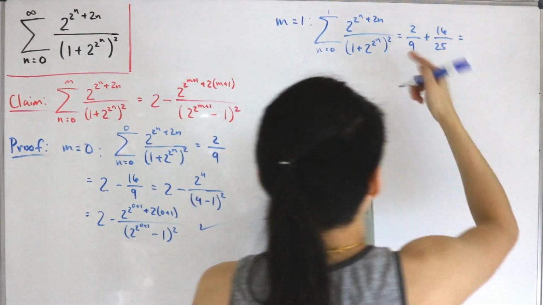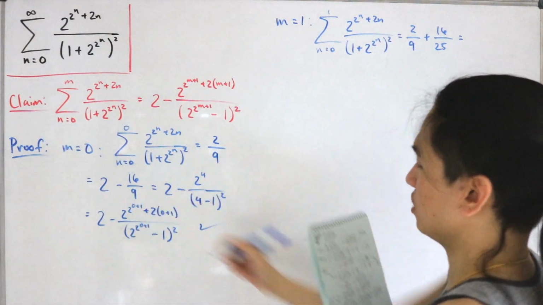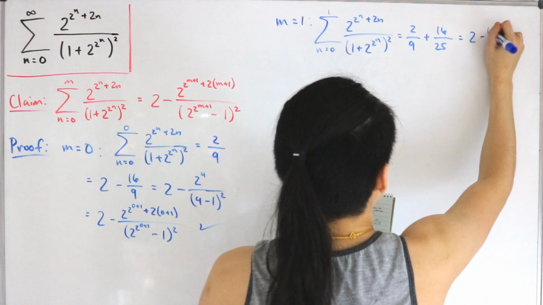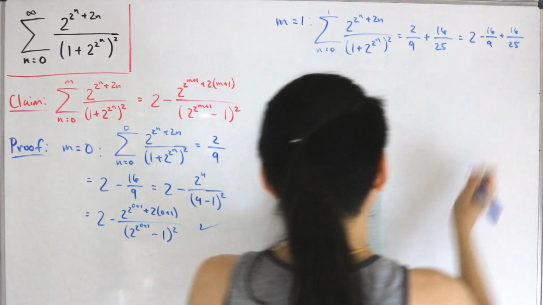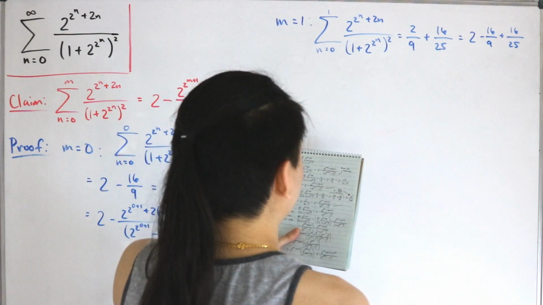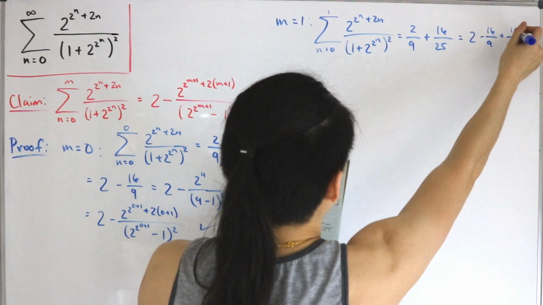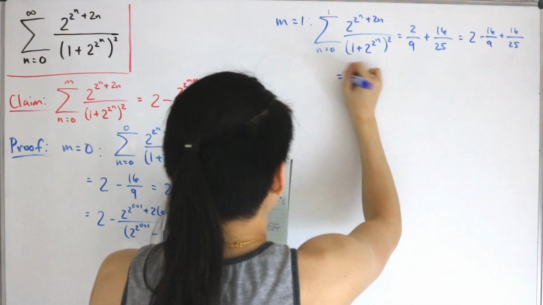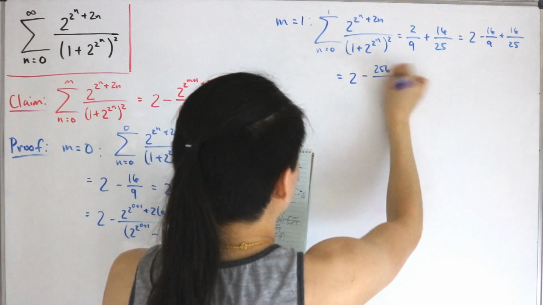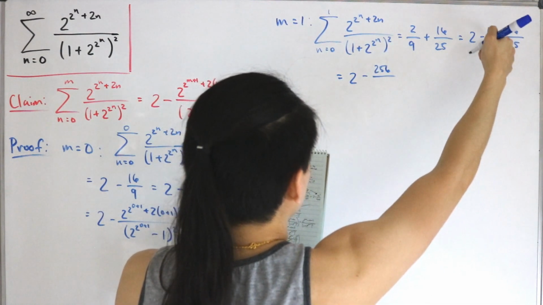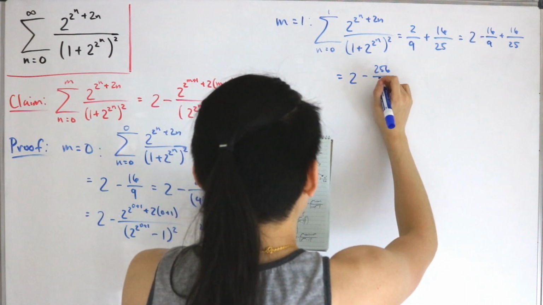We just wrote 2 over 9, which is the same thing written as 2 minus 16 divided by 9, and then plus 16 divided by 25. Interestingly, we can rearrange this a little bit differently. So that means I have a minus, and that actually comes down to just 2. Then minus 256 if you just do the math. So minus 16 divided by 9 plus 16 over 25 is minus 256, divided by